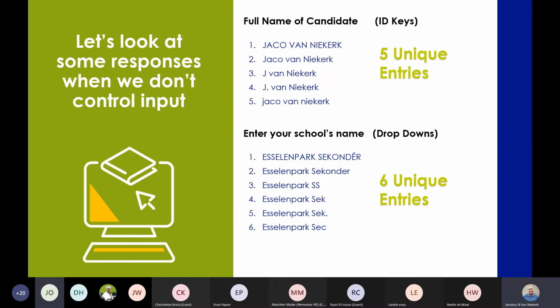Now, in the previous session that we had, we spoke about this issue we end up running into with people when they're entering information. We've got multiple responses. Just the name of a candidate can end up being 5. This is 5 different people that we are tracking. Now, if we've got a system like the one that we're working on, building a discipline tool for a school, it's not going to work if we're trying to track the disciplinary offenses of a learner and this learner is registered as 5 different learners, because this doesn't reflect accurate data for me. So I need to figure out how I can actually move beyond that.